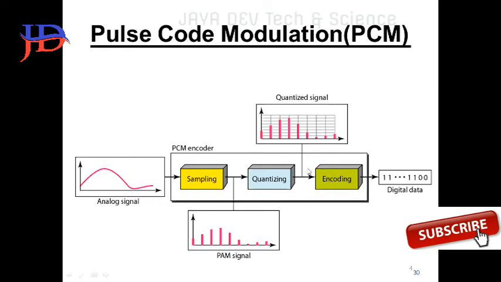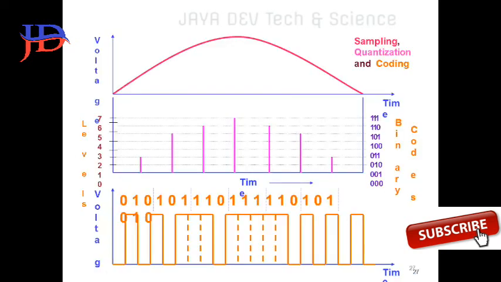The complete signal is converted into bits, that is the digital data. Here the sampling gives the samples, and these samples are quantized. Then these two processes are converted into digital data, that is the encoded signal. Like this, we give the input signal, equivalent to a sinusoidal signal, and this sinusoidal signal goes through sampling and quantizing, and finally we get the output value equivalent to digital data. So the steps are sampling, quantization and coding.